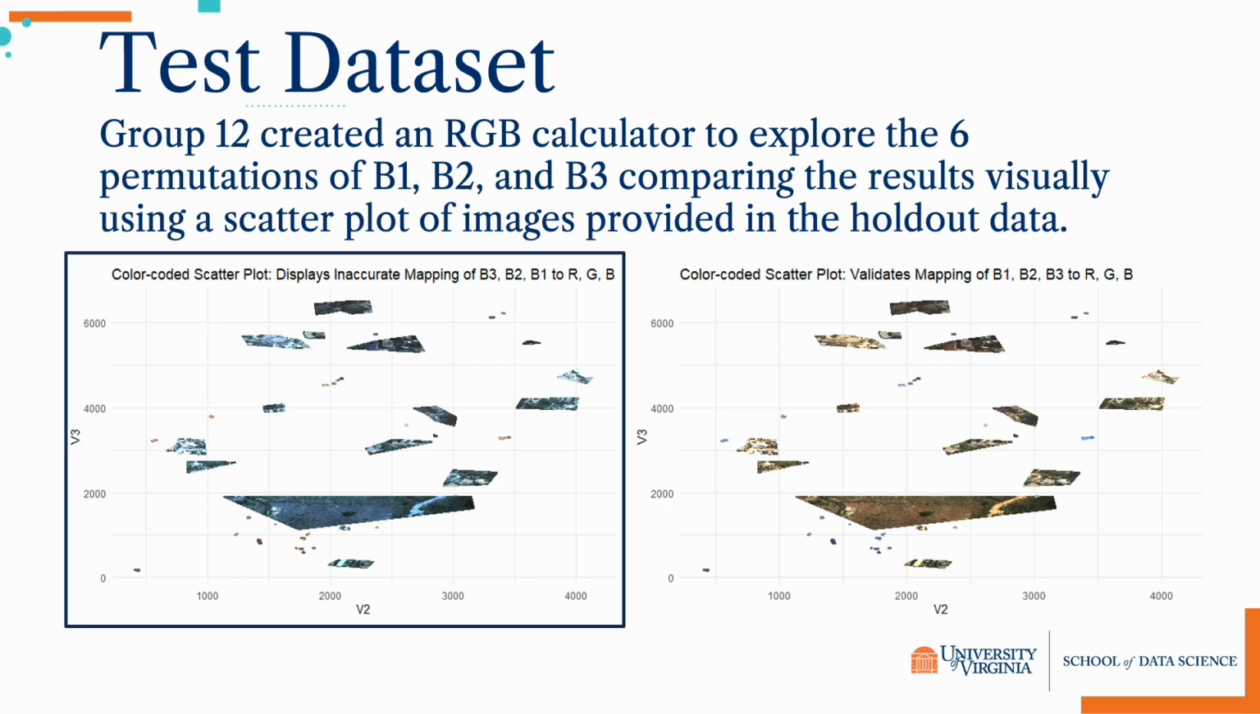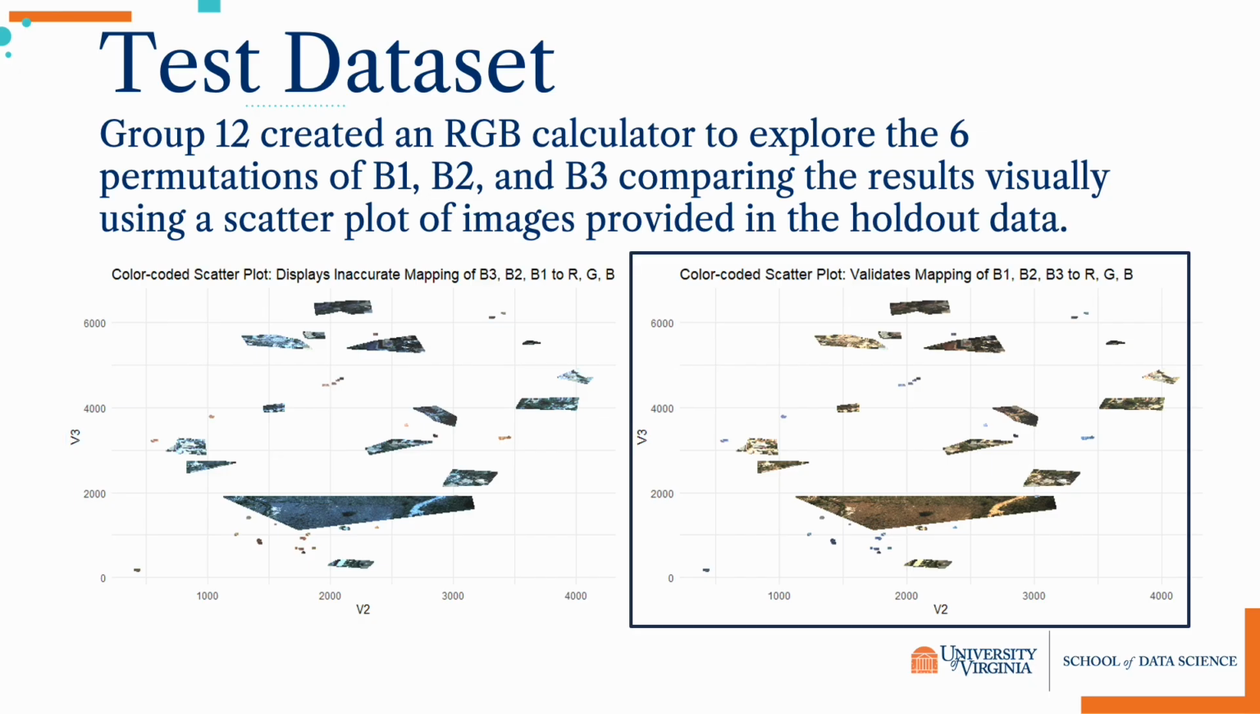After exploring all possible RGB color combinations using an RGB calculator, we determined that interpreting column 8, B1 as red, column 9, B2 as green, and column 10, B3 as blue, produced scatter plots with colors that closely matched those provided in the examples. The other 5 permutations resulted in unnatural hues of green, purple, or turquoise,